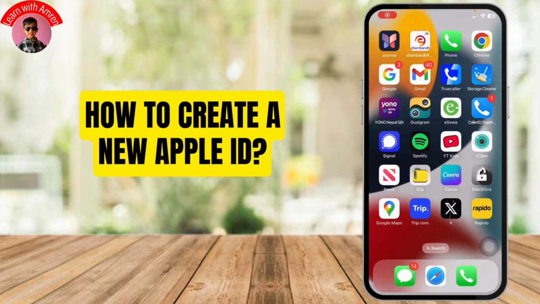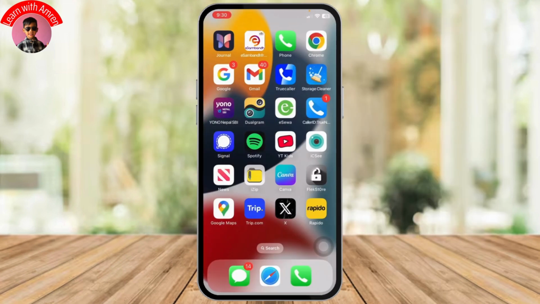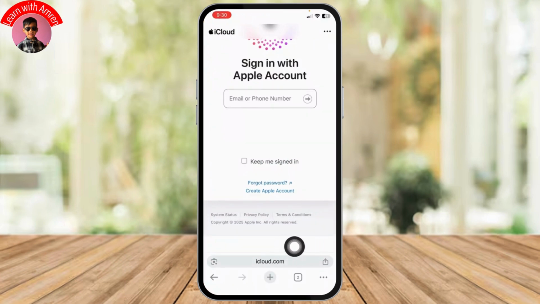How to create a new Apple ID. So in this tutorial, I'll be showing you how you can easily create a new Apple ID. So let's get started. First things first, just open up any of your favorite browsers and search for